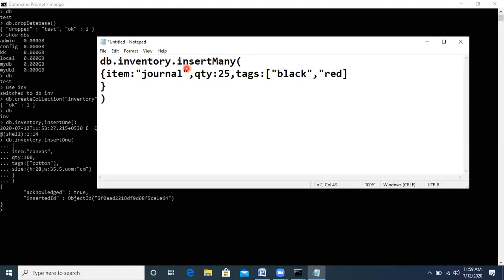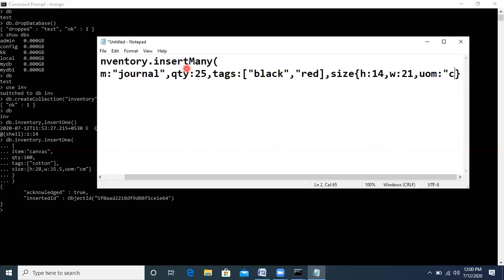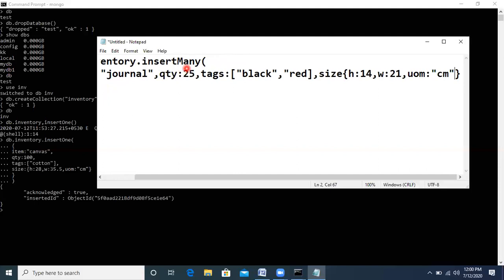Then after that, next is our size field, and the size field we have kept as enum. In this we will mention height, that is 14, comma, width, that is 21, comma, units of measurement, centimeter. So we have mentioned this.